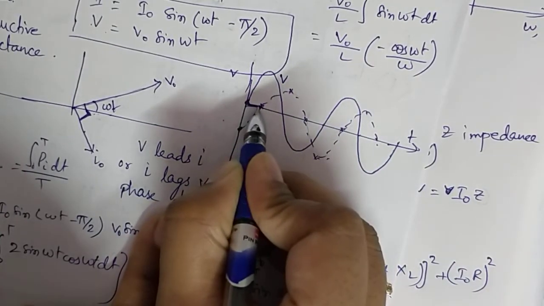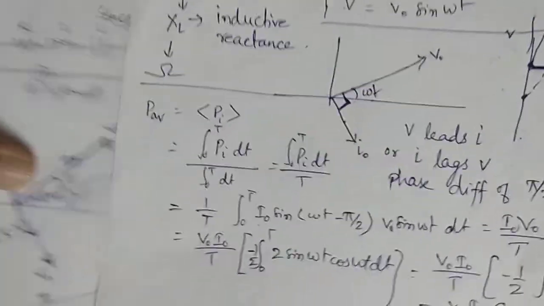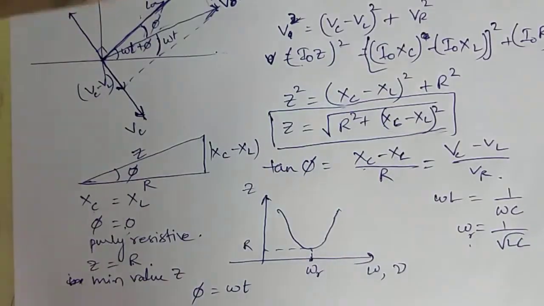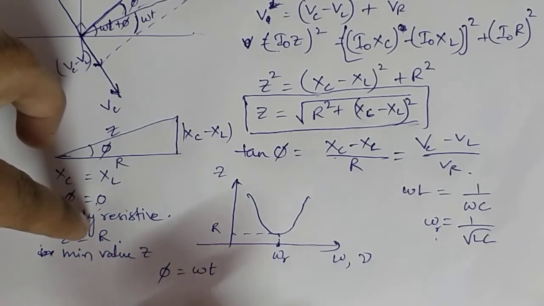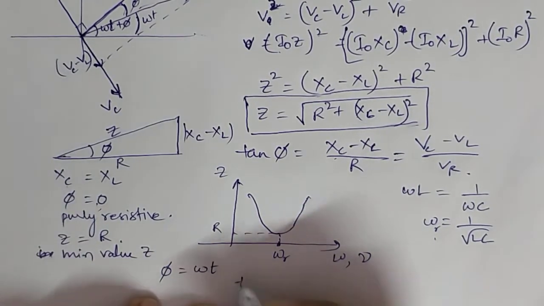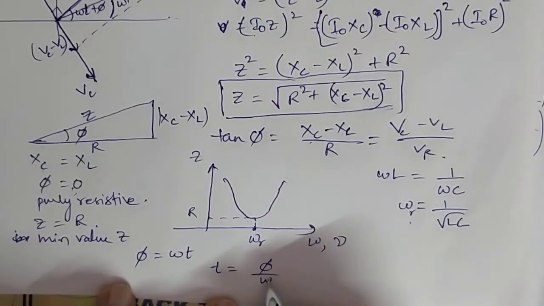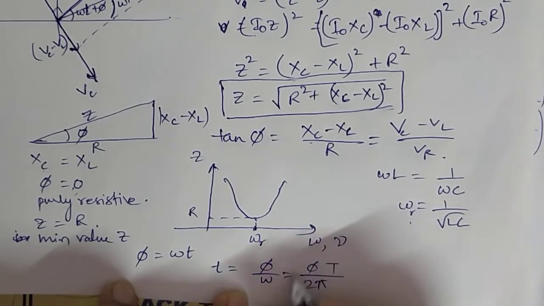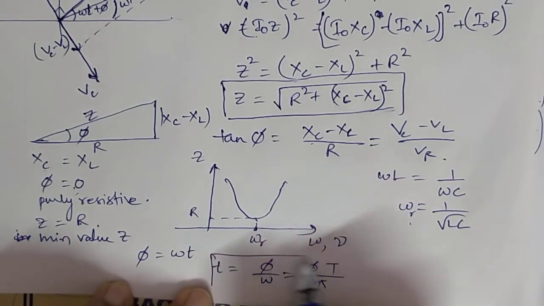How much is this time lag? We can find out. Okay, so there is a relation between time lag and phase. What is that relation? We should know that. How to find time lag using phase? You can use the expression phi is equal to omega t. So from here, t is the time lag, time will be equal to phi by omega. If you write phi in terms of radians, and omega is equal to 2 pi by T. So when you substitute the value of phi, you will get the time lag. Okay, this will give you the time lag.